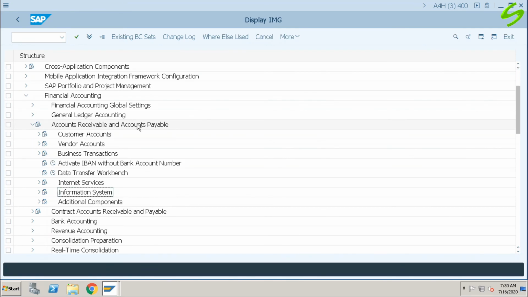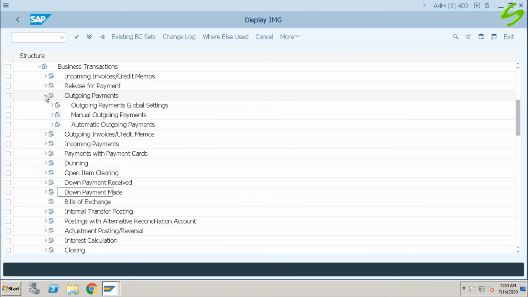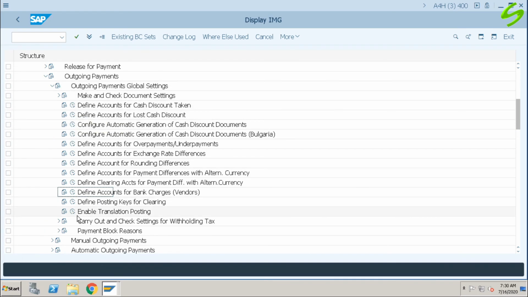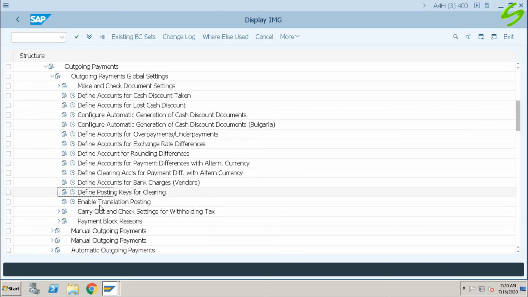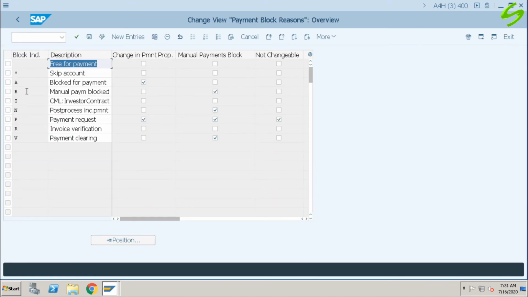Under accounts receivable and accounts payable, business transactions, outgoing payments, outgoing payment global settings, payment block reasons, define payment block reasons. We can define a block key and give a description.